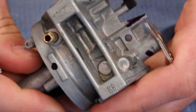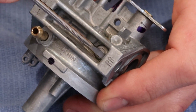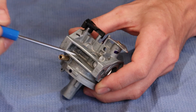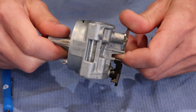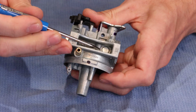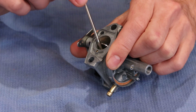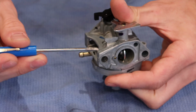You can also kind of see the structure on how they set up the low speed jet on this carburetor. Again, this is not necessarily a presentation on how the carburetor works, more specifically what I do to clean it. And this honestly is as far apart as you can take this carburetor. You can, I suppose, optionally remove this Welch plug over here, but you're going to need to purchase a new one. And that will get you into the sides where they drilled those like 5 holes or so for that